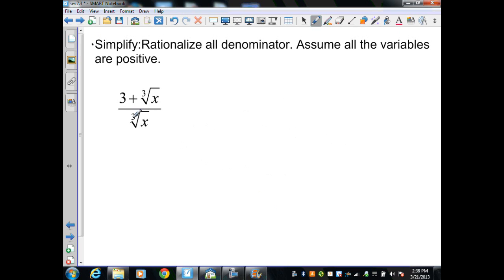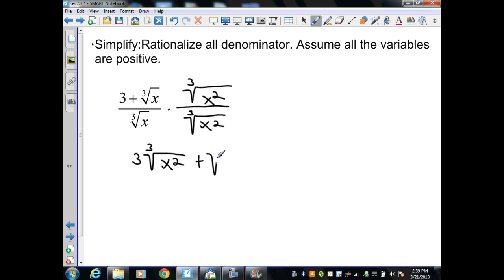Again, I want to simplify. In this case, I'm going to have to rationalize. I'm going to multiply by a radical in such a way that the cube root of x will simplify to a variable. In this case, it will be the cube root of x squared. I'm going to have to distribute in the numerator, which is going to give me 3 cube roots of x squared plus the cube root of x cubed